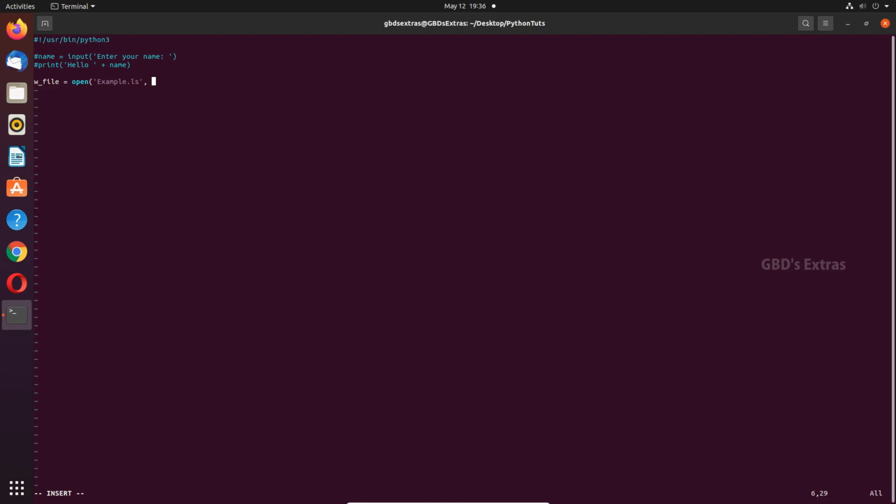So when you open a file as write, and if the file already exists, it will overwrite the contents of the file. If you do not want to overwrite the contents, and if you want to append to the file contents, you have to open it in append mode. And now we are going to open it in write mode. So I'll give w. Now w underscore file dot write. So write is a keyword to write to the file. I'll enter,